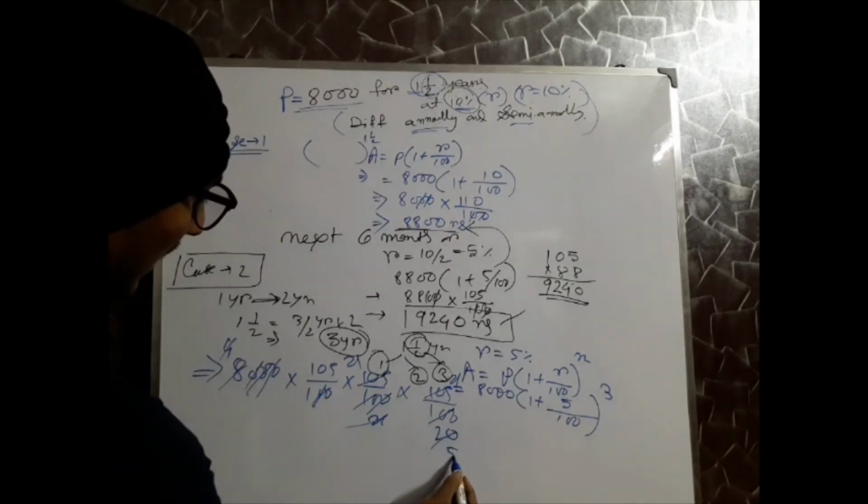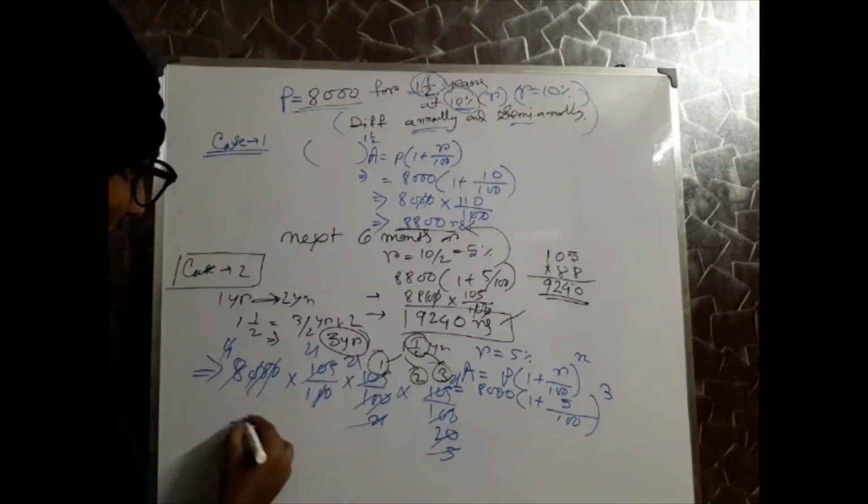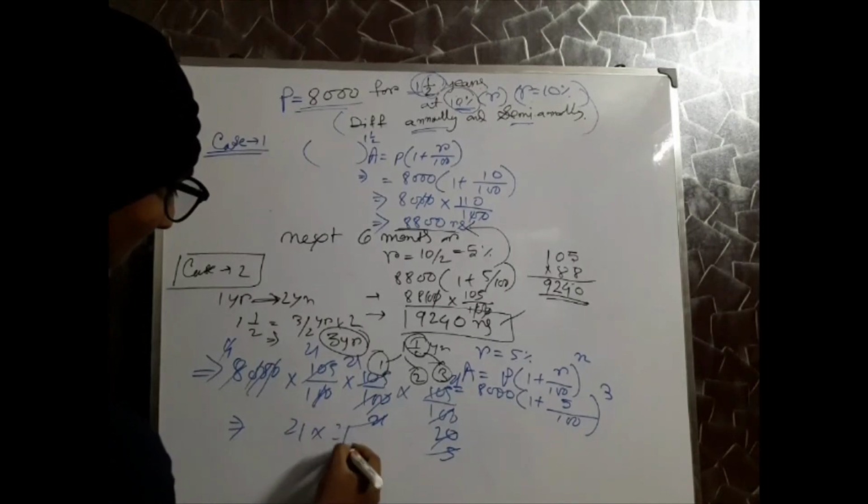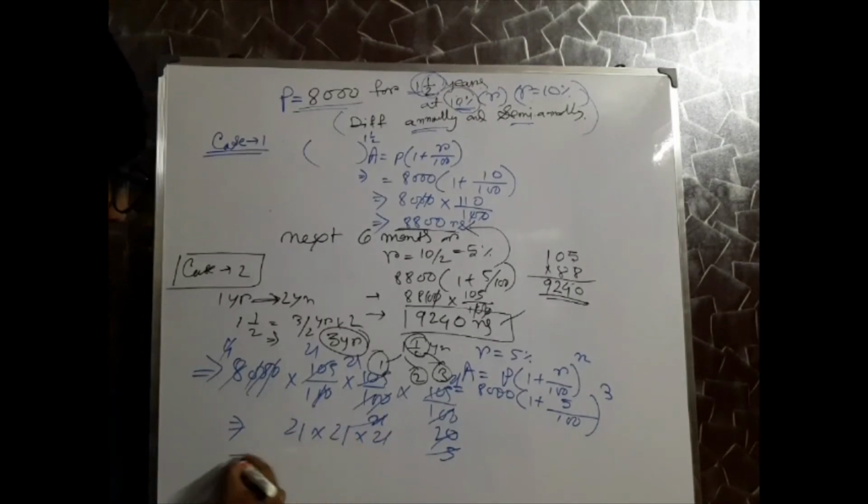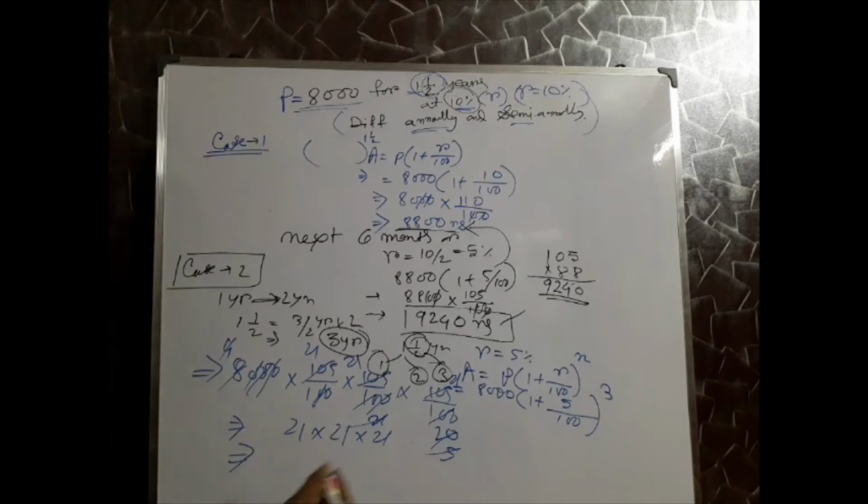So the cube of 21 is nothing but 9261. We will talk about the shortcut in the next content, how to calculate the square and cube in the shortcut method. So now this 9261 rupees is the amount which you got after 1.5 years, when it is calculated semi-annually or half yearly, and